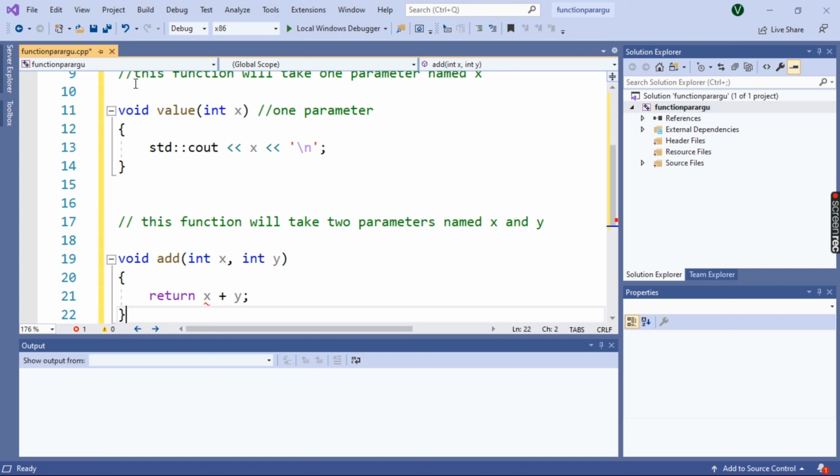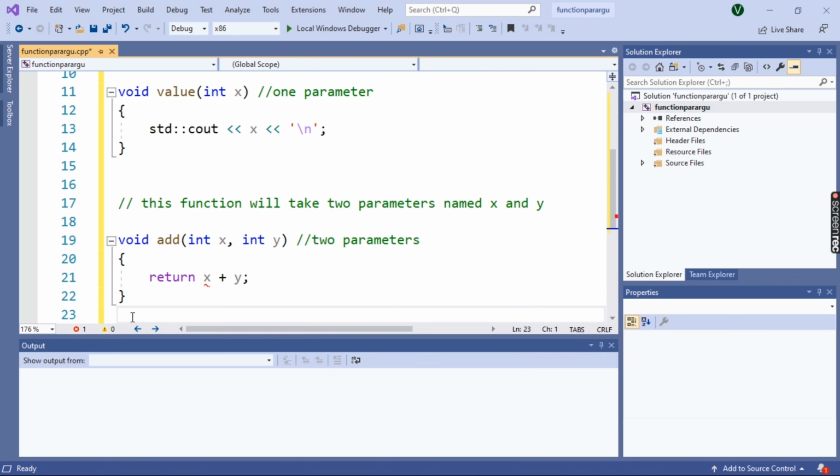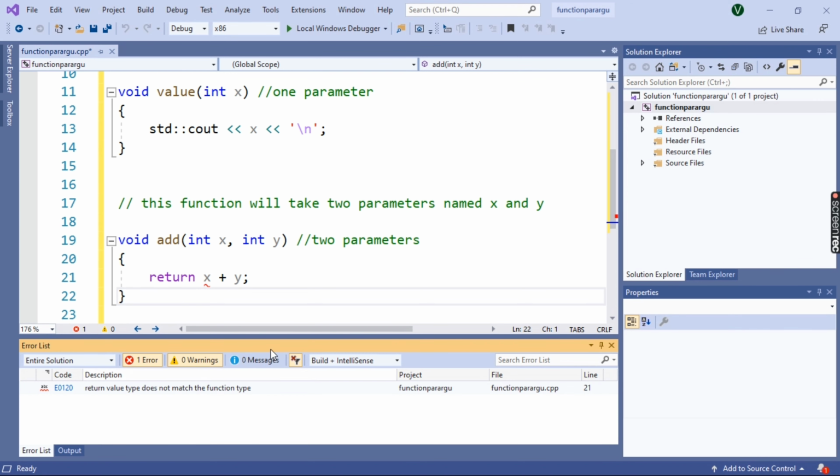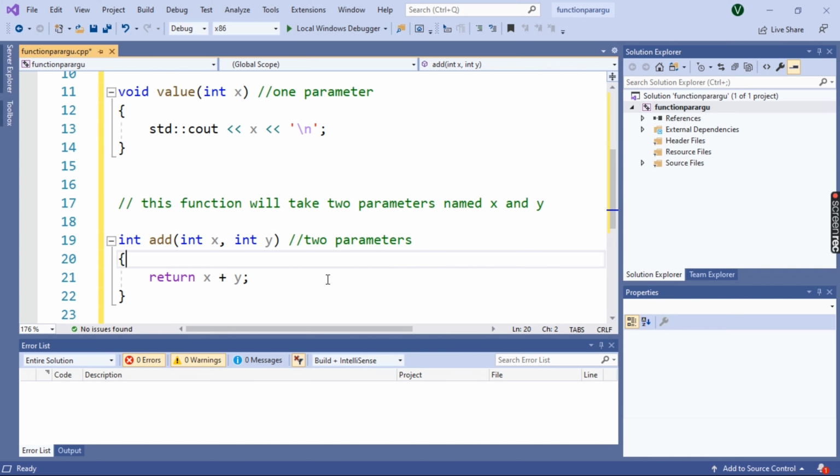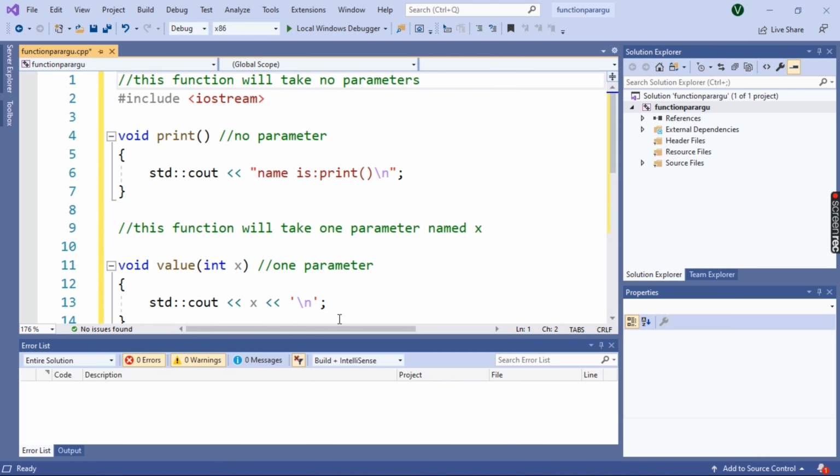So void add is the function that will take two parameters. This way we can define one parameter or two parameters. We use a comma to separate the parameters. I have taken the parameters as x and y, so I'll change the type to int because the return type is int. So this way we can define the parameters.